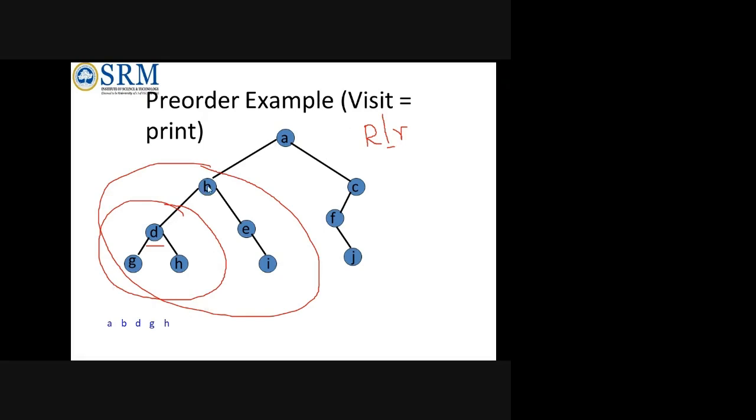It will come here, B. Then it will take this as a whole subtree, then again this as a subtree. So when this entire tree is taken, this will be acting as your recursion part. Again, this will be acting as your second recursion. So recursively, it is calling itself again and again. So now H. Now see here.